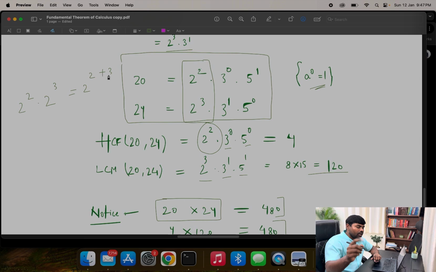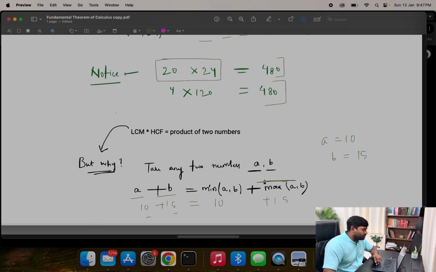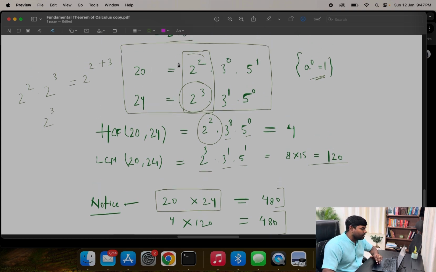Cool. When you take the LCM, what do you do? For LCM, you take the greater power, right? Or the max. So that means you're going to get 2 power 3. And when you take the HCF, you take the min, right? So you will always take one of the two, all right? And as long as you're multiplying LCM times HCF, you'll take both of the two. So therefore, once you multiply LCM and HCF, you are going to get